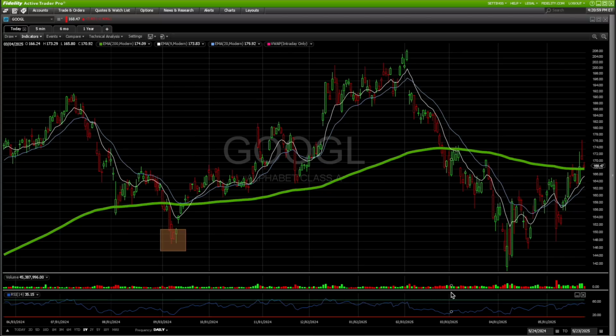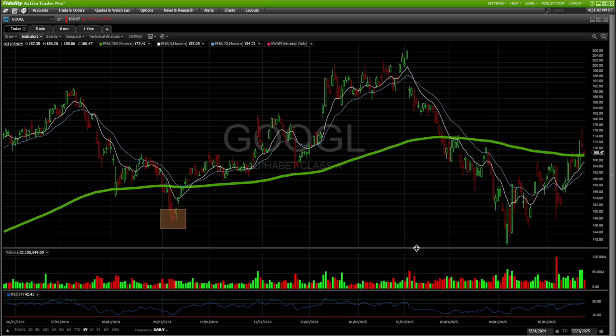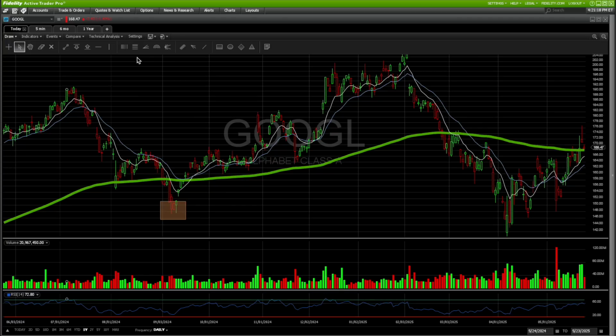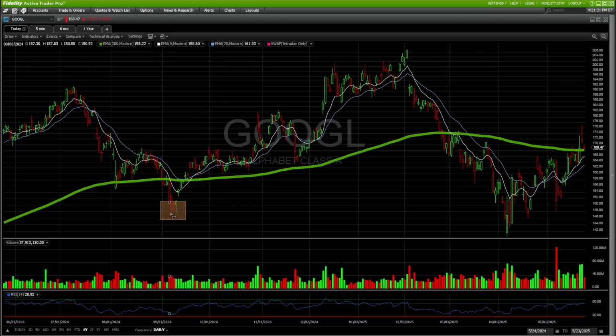Now, where would I buy on this? So the first thing I have to do is look for areas where I see previous support. Looking at the target here, we can see at this range at $150 per share, there was a touch of Google showing support. So looking back into previous, I started mapping this out here and then waiting for Google to reach anywhere from about 145 to 150. Making these levels of support will help me combine the volume, the RSI, and using multiple time frames to confirm